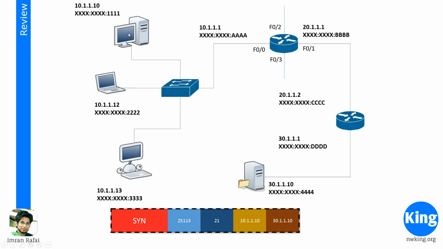Let's assume this switch knows its own MAC address, obviously. So it knows its source MAC address is whatever, 111, and it wants to know the MAC address of this device. The computer looks at the source IP address and destination IP address, and it realizes immediately, if you know how to look at subnetting and networks, that 10.1.1.10 and 30.1.1.10, assuming /24, are from different networks. The minute the computer realizes it is from a different network,